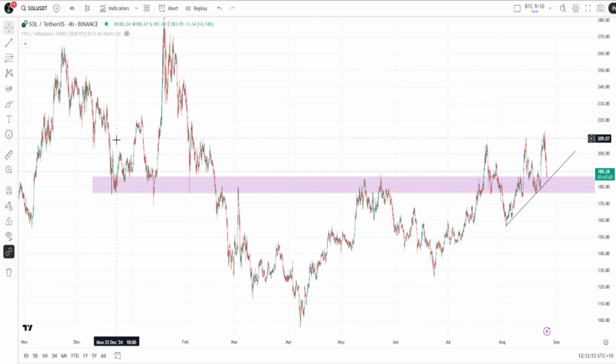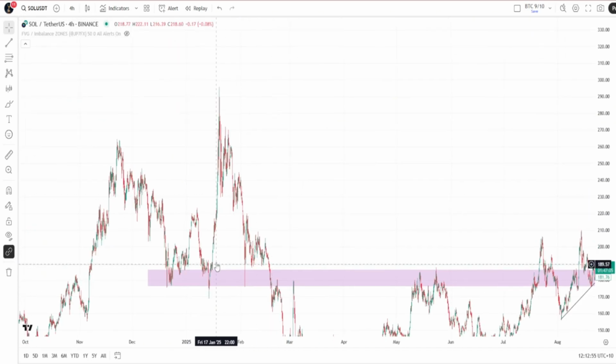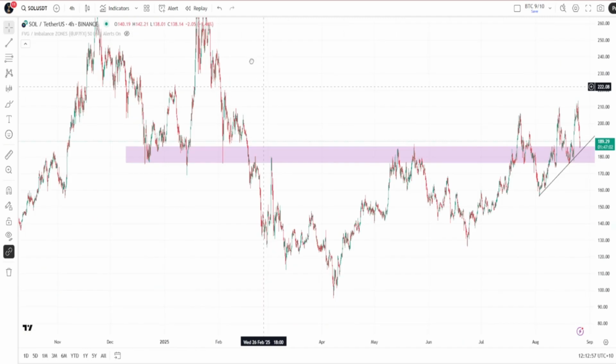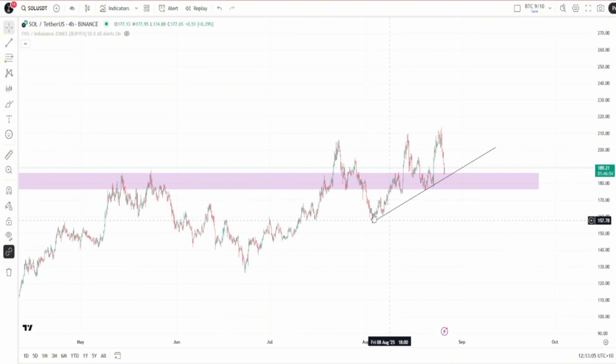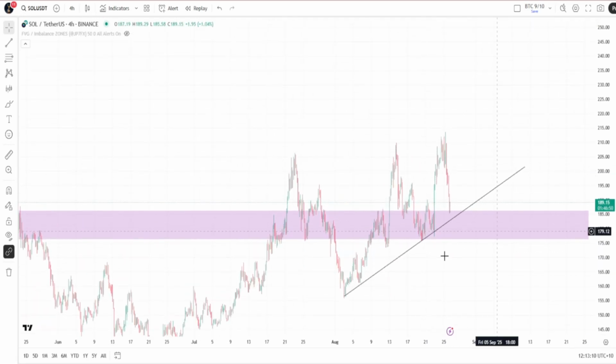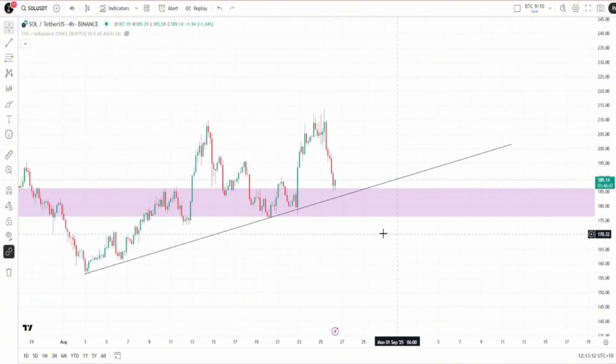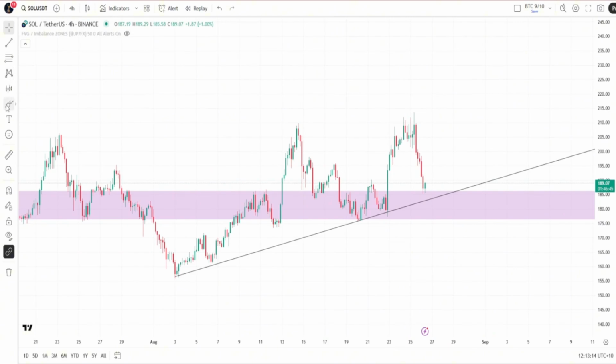This is the area that Sol actually found support before it pushed up as high as $300 before then rejecting back down, finding resistance against this level, breaking through, failing to find support here, finding support once but then breaking through again, and we've seen it find support here again. So I do expect Solana will find support in this level, and at no point do I think Solana should